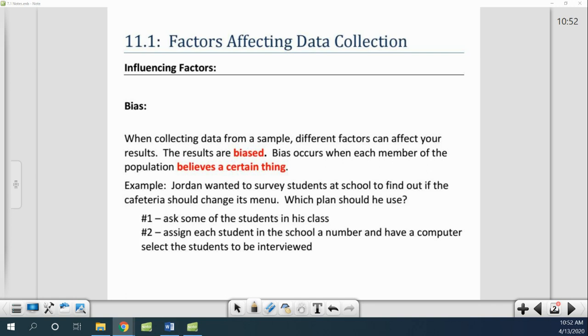Hey guys, so we're going to start off our probability and data collection unit today. And we're going to start looking at factors that affect data collection. So there's a whole bunch of different influencing factors. We're going to look at a whole bunch of them, talk about what they are and how they can affect